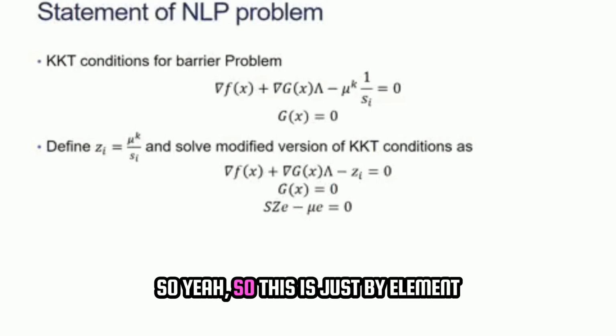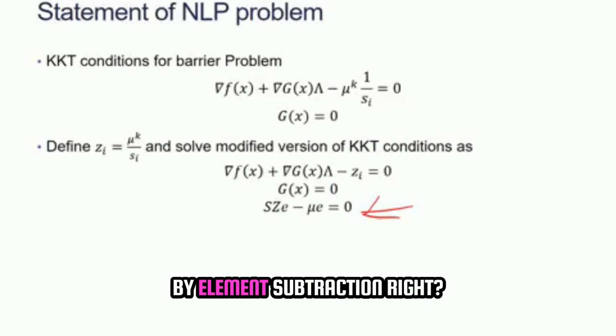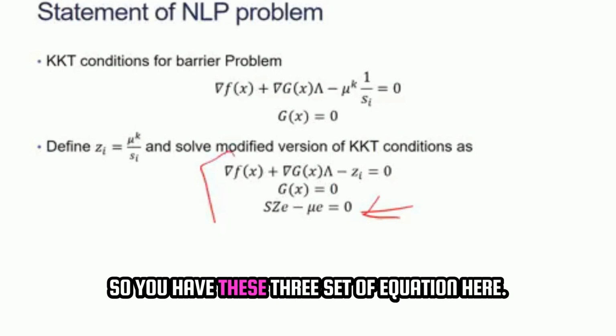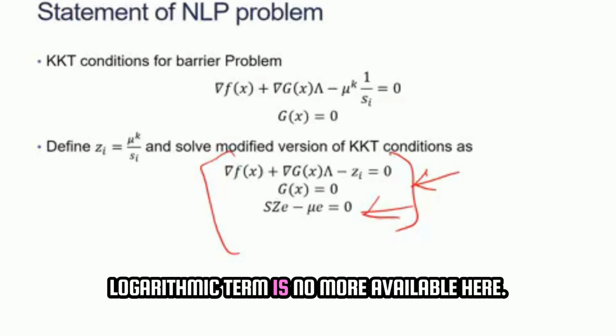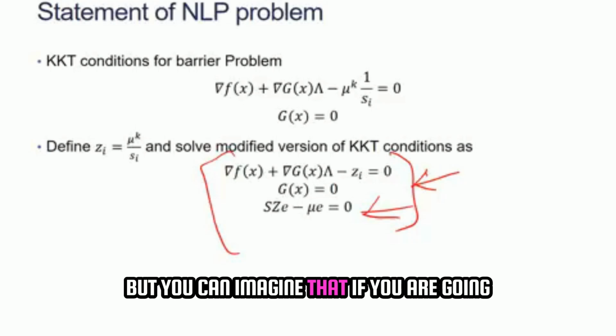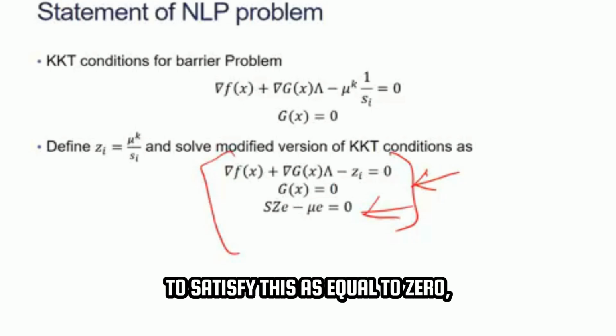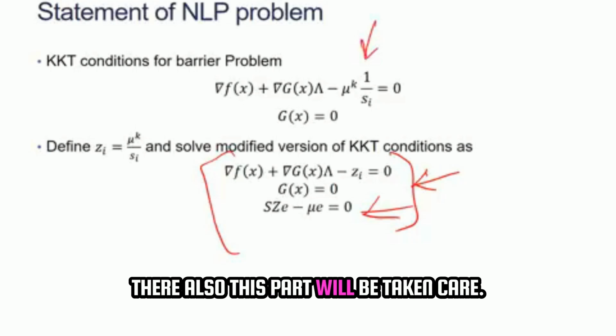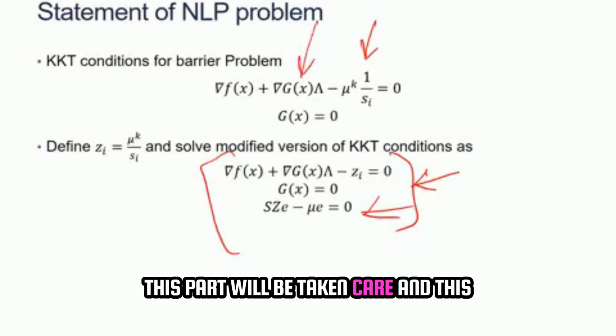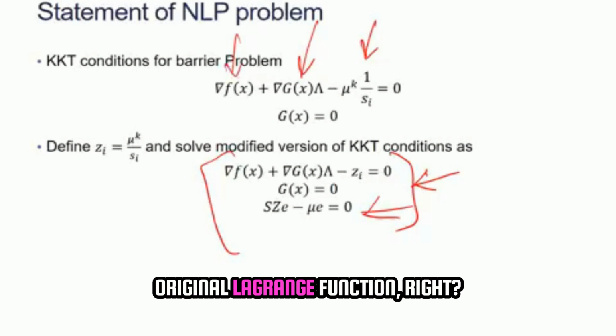Yeah, so this is just by element subtraction, right? So you have these three sets of equations. Here you can see that there is no logarithmic term. The logarithmic term is no longer available here, but you can imagine that if you satisfy this as equal to 0, that means in your original Lagrange function, this part will be taken care of, this part will be taken care of, and this part will be taken care of in the original Lagrange function,